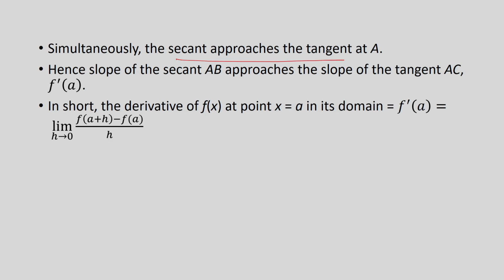Hence, the slope of the secant AB approaches the slope of the tangent AC, which we denote by f dash of A. F dash of A is the derivative of the function evaluated at point A. In short, the derivative of f x at point A in its domain, that we have to be careful about. This x equal to a should belong to the domain of the function. This is given by f prime or f dash of A, which is equal to limit h goes to 0,